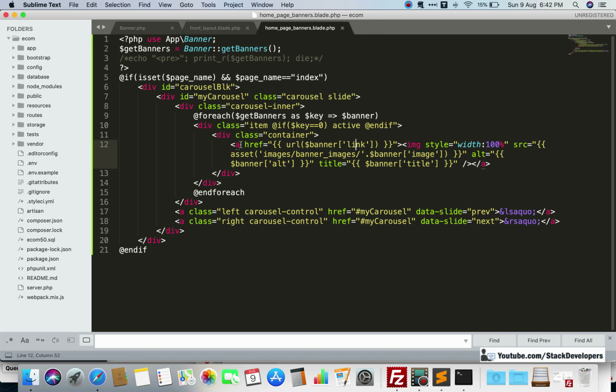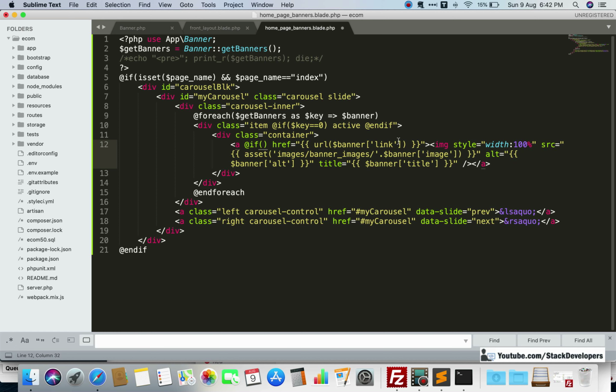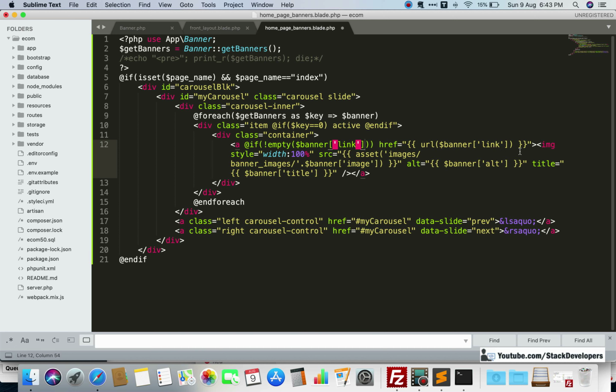We are going to add a condition here: if this link is not empty, then only it will come like this. We can add this condition, sorry, not here, here.